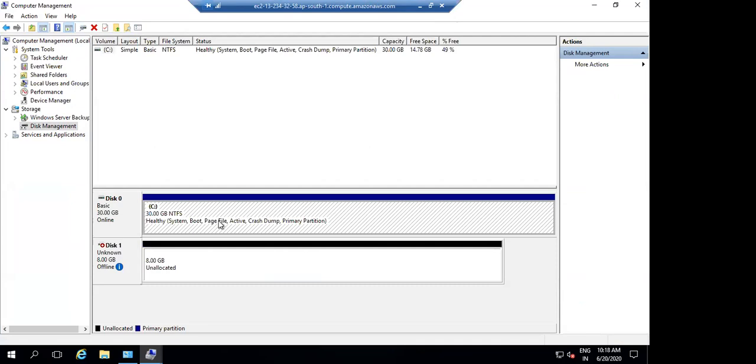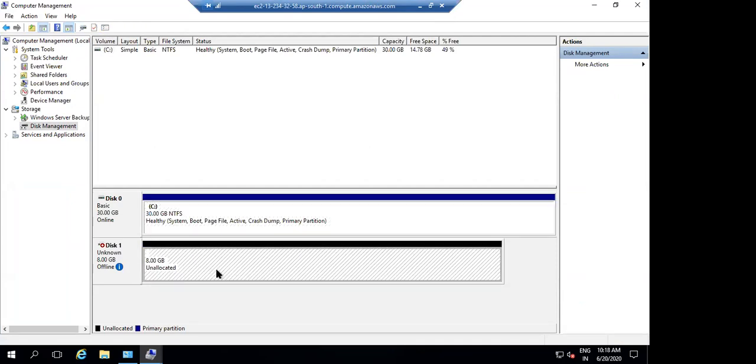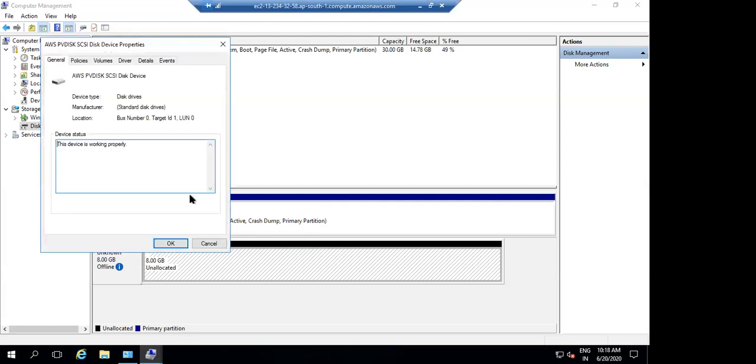This is the 30 GB which comes with the OS, and the 8 GB which is sitting here as unallocated. I can go and do formatting and all those things. It's a Windows administrator job, basically. We can do that. Now, what I will do, okay?